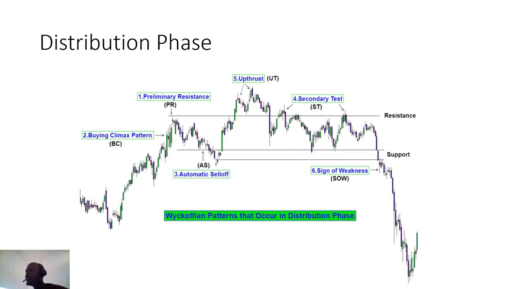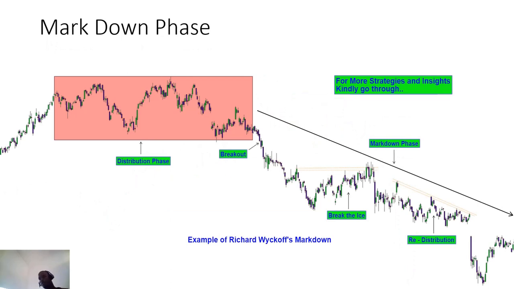And basically it's like a buyer's confirmation that momentum is lost and it's time to move on. And here comes the downside to this stock. Okay, so that's pretty much the distribution phase there, broken down for you. Pretty simple. Now the markdown phase, the last stage of the Wyckoff method, is basically